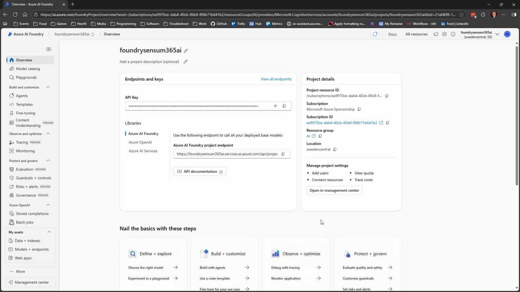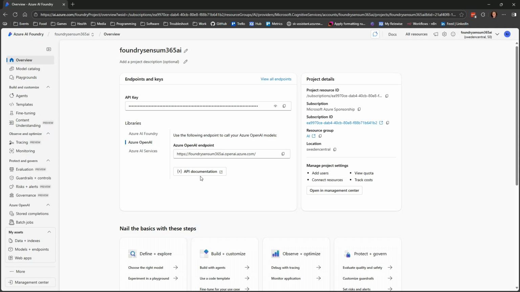So first up, we have our Foundry. And as we can see, it can be used in three different ways. In certain countries, AI Foundry is not available, but in most countries it is. So the AI Foundry is where you get these extra hosted tools and vector stores and so on. While if you just want to use it in a more raw nature, you go with Azure OpenAI.